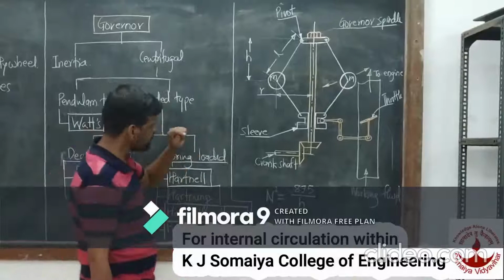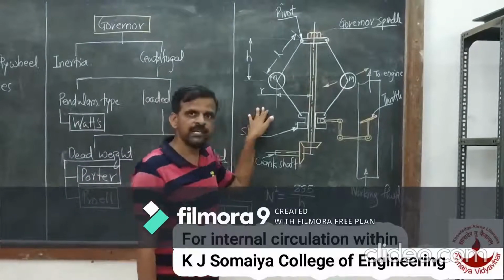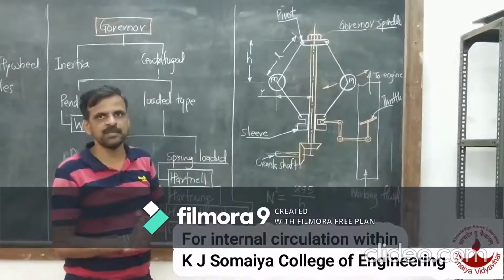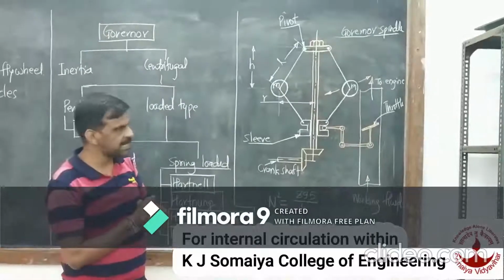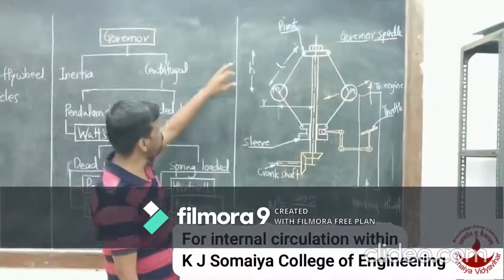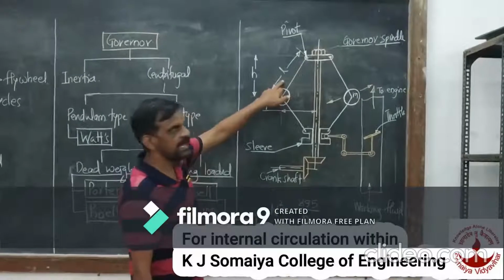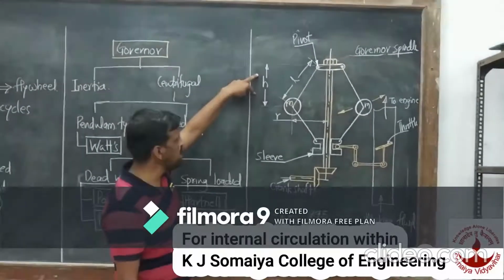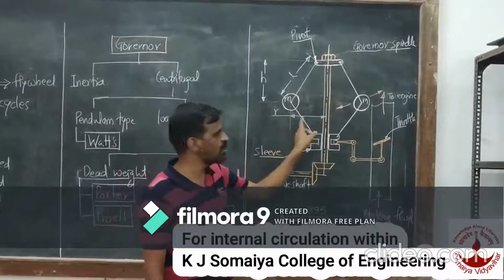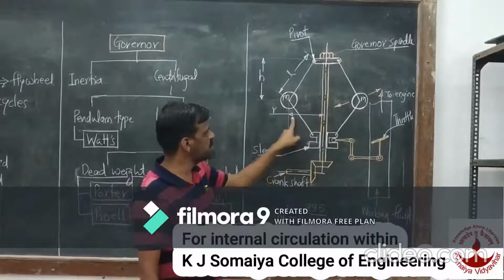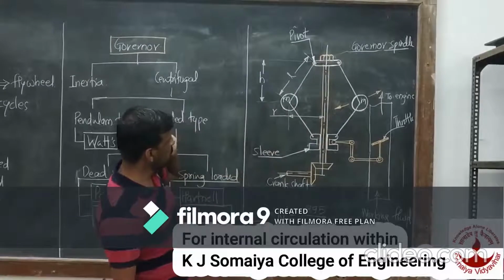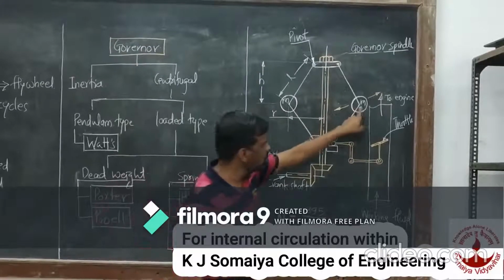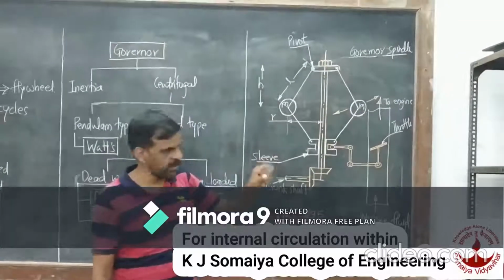Now here, in case of any governor, we need to see which are the different performance parameters or the different characteristics of the governor. So here you can see this is the length of the link, L, this is the height of the governor, termed H, whereas this is the radius of rotation of the governor, small r. Then there will be small m, which is termed the flyball weight.